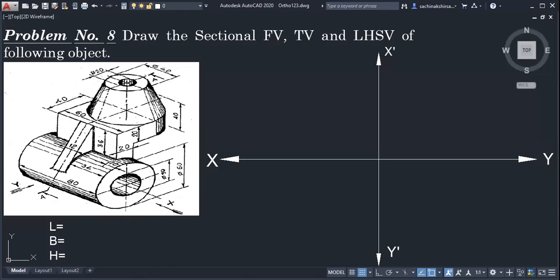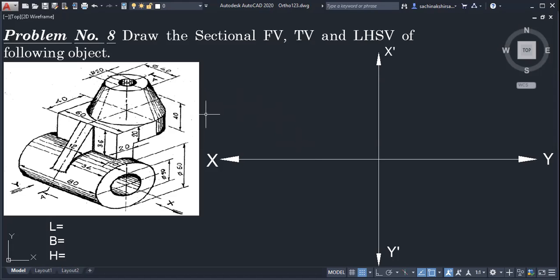After that, next question: which is the front view direction? Is it left or right? Right. Why are we saying it is from the right? X direction. Okay, X direction is always our front view direction. So when we observe from the right, it will be the front view direction. That is okay. Next one.